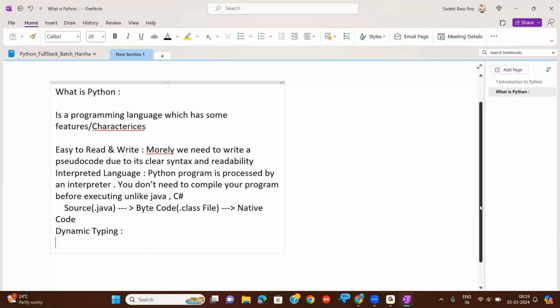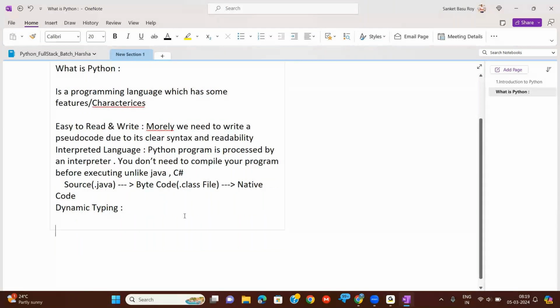Let's understand that. In Java, if you want to declare or define a variable, how can we define it? Let's say I'm defining an integer type variable. I'm writing int x equal to